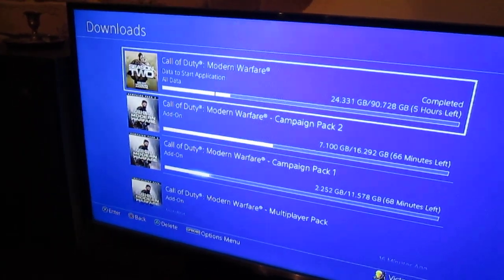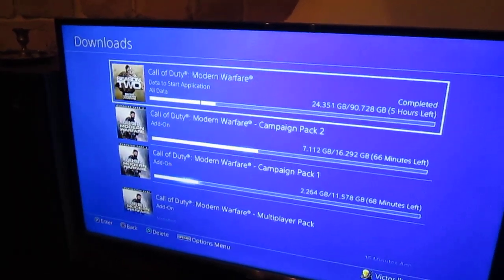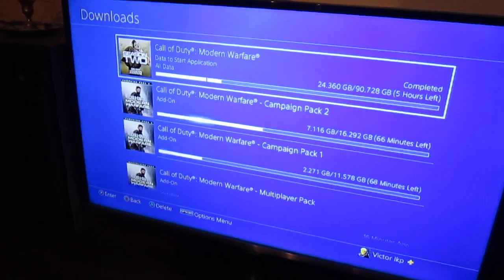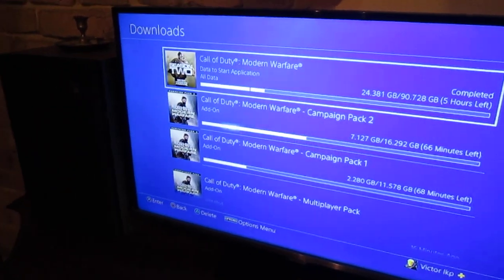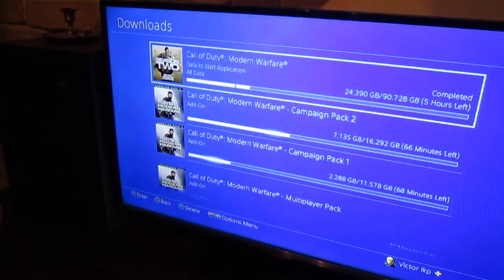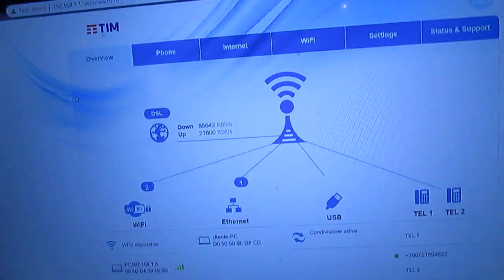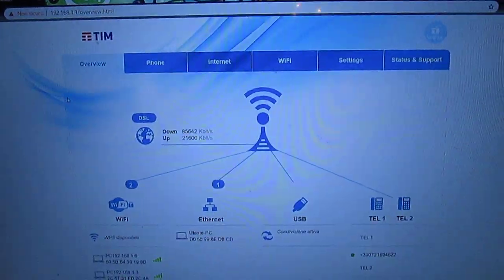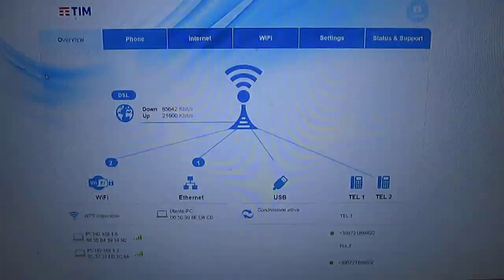How to fix the error code cannot download data file corrupted. All you need to do is go to your internet page. Let me show you. Go to your Ethernet page, on your router or your modem. All you need to do is